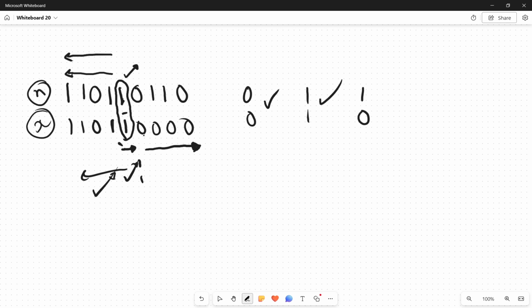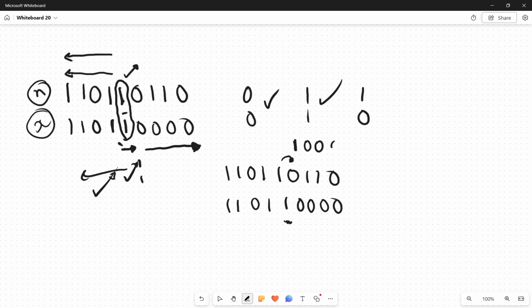And so if I want to convert this number to this number, what I have to do is make the next bit of this index as 1 and all other bits as 0. Okay, I have to do that